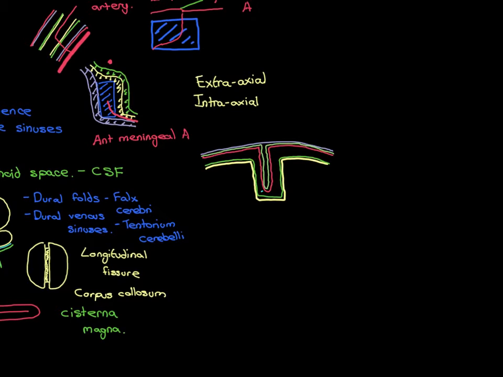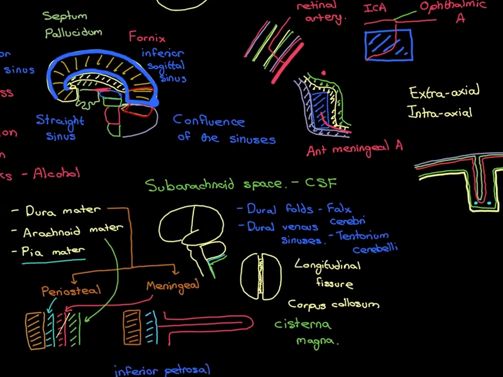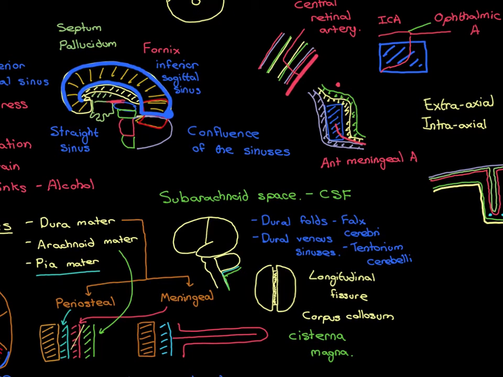They will be in these positions here, in that subarachnoid space on either side of the falx cerebri. So we've got the left anterior cerebral artery here and the right anterior cerebral artery here. Now, let me show also the structure of the anterior cerebral arteries on this picture over here where we have